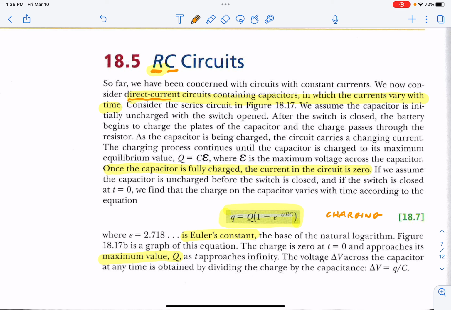Now, as we think about a circuit in which a resistor and a capacitor are in series, and then there's a power supply, you'll see that diagram on the next page in just a minute. When the battery is connected and the switch is on, the battery begins to charge the capacitor. Now, normally it might take a fraction of a second to a few seconds to charge up the capacitor, but